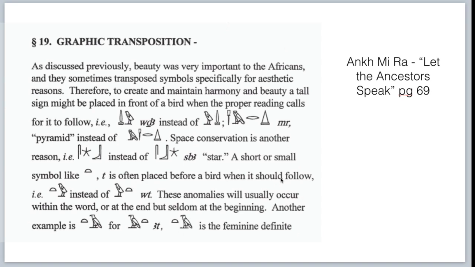Let me read that again. A short or small symbol like the raised bread loaf, the T, is often placed before the bird when it should follow. That is, like this instead of like this, WT. So when people like Netaneb or Dr. Clyde Winters or anyone else